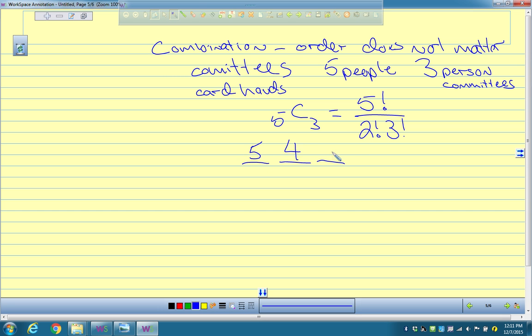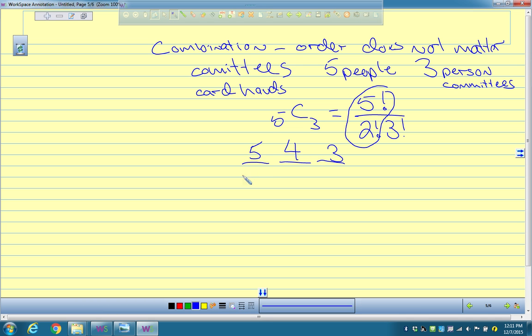Once I've used up one of those people, I have 3 people over here. So that accounts for this. That's the permutation part of it, right? That's 5 permutation 2. But this 3 factorial divides by the number of arrangements of the 3 people you picked for